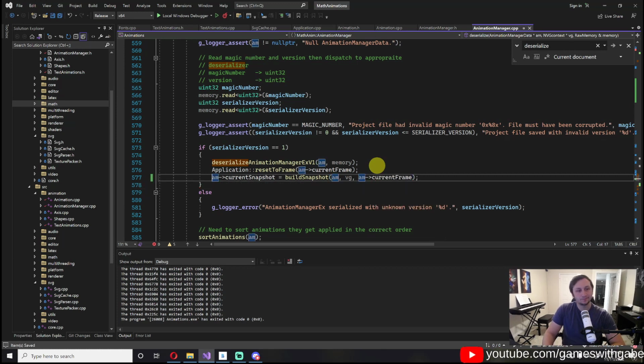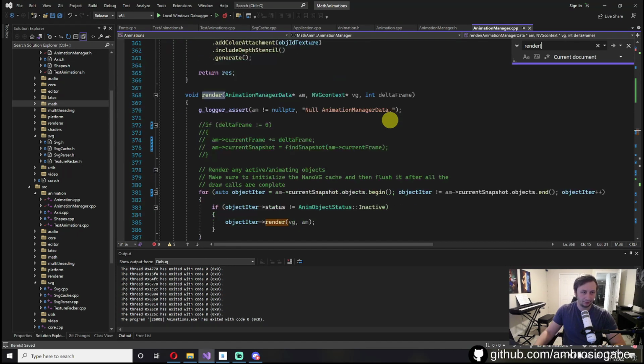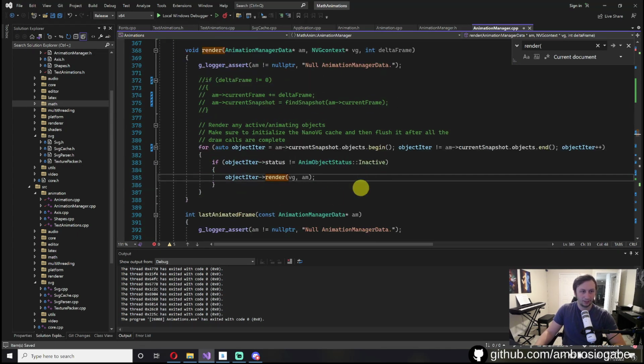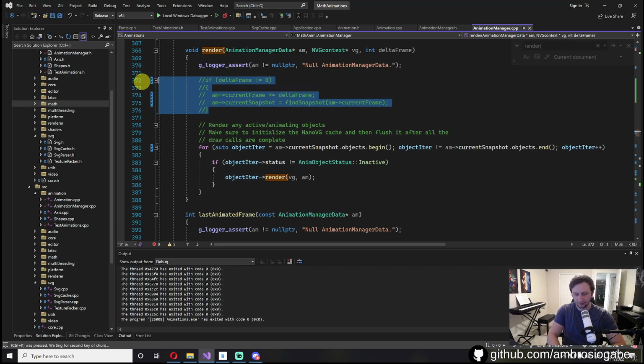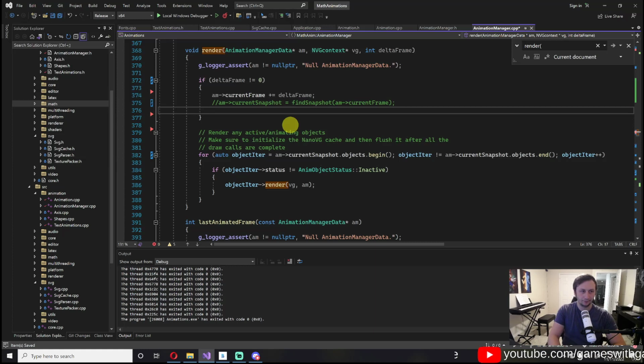Okay, cool. So what should happen is we deserialize everything. That sets up the initial state. Then we can build a snapshot based off that state using the current frame, and that should build the appropriate snapshot. Then when we get into render, which is up here, we have all this stuff. And instead of doing this, we eventually want to do something like find snapshot here. But for now, we can just say